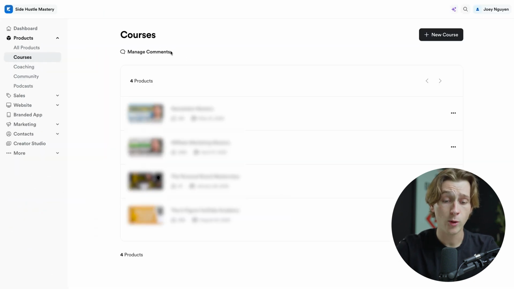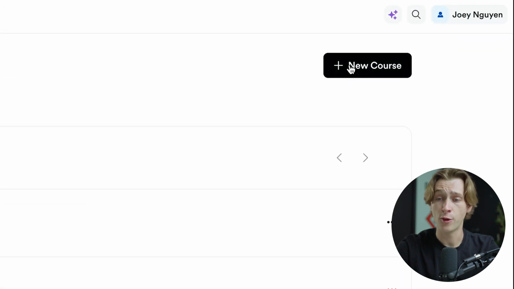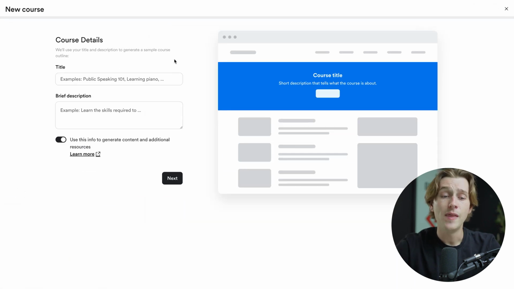As you can see, this is the course section where it'll display all of our different courses that we're going to end up taking or creating. So the first thing we want to do to create a new course is head up to the right here where it says plus new course. Now that we've done that, it'll then take us to this page where we'll give a title to our course